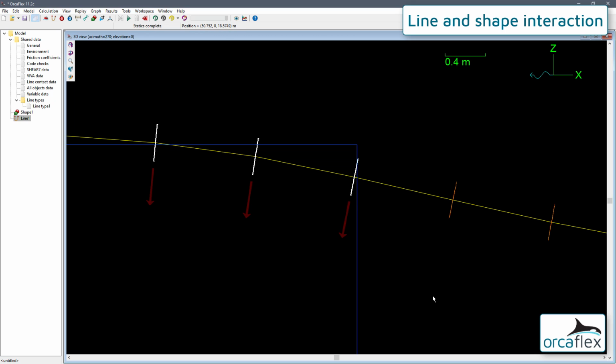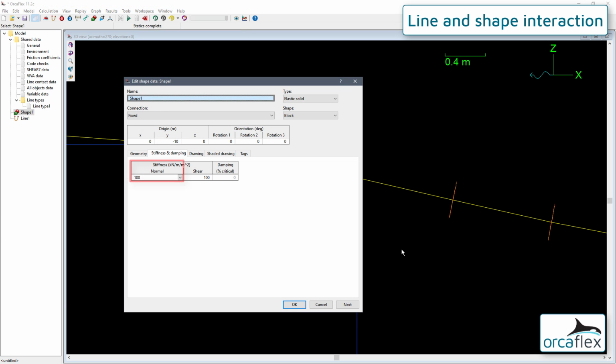The forces acting to push the line into the shape at these nodes are not being overcome by the reaction force being applied by the shape to push them out to the surface. One of the judgments the analyst has to make is whether the depth of penetration of the line nodes into a shape are realistic. If the shape was representing a hard surface such as steel, this depth of penetration would not be realistic. To reduce this depth of penetration, we need to increase the reaction force pushing the line nodes out of the shape. The magnitude of the reaction force is directly affected by the normal stiffness on the shape data form.